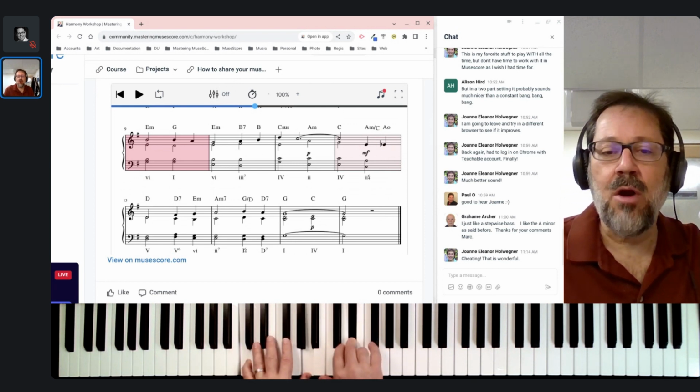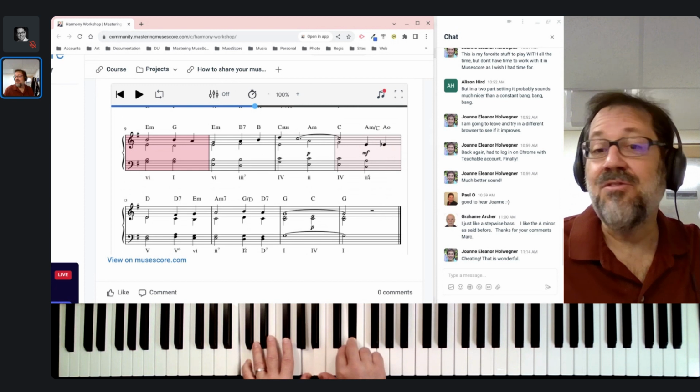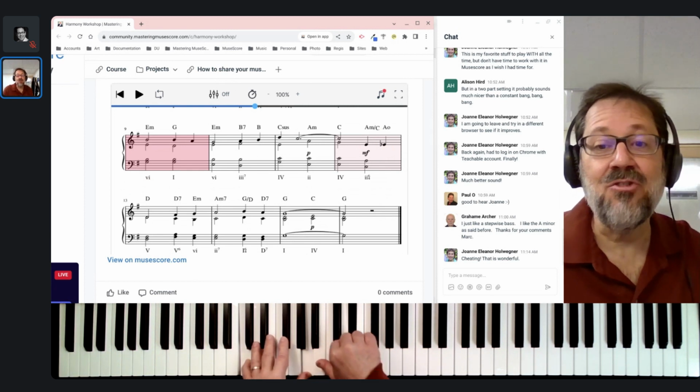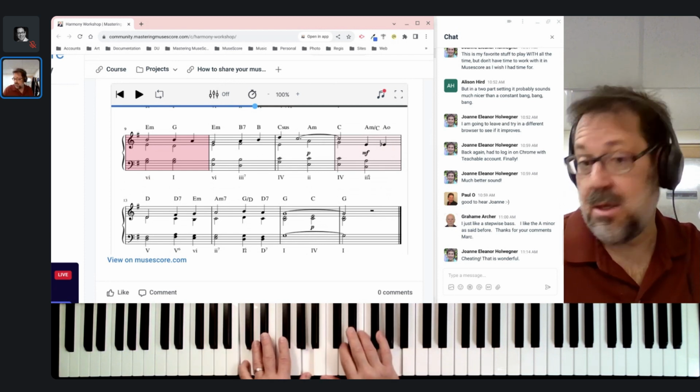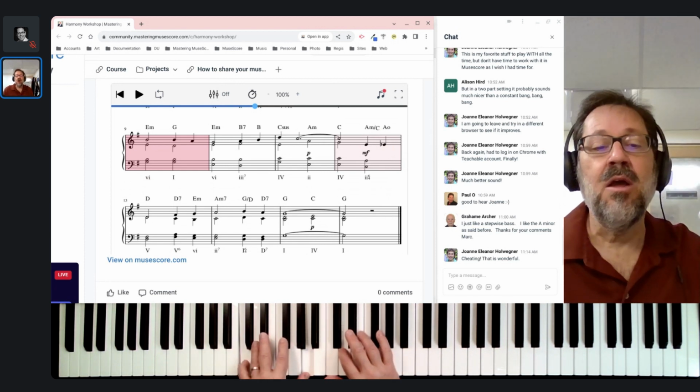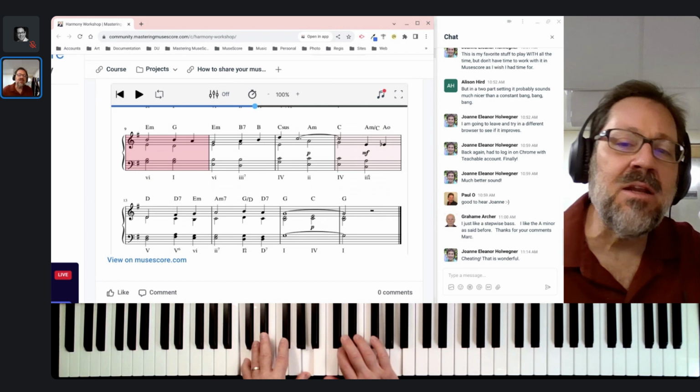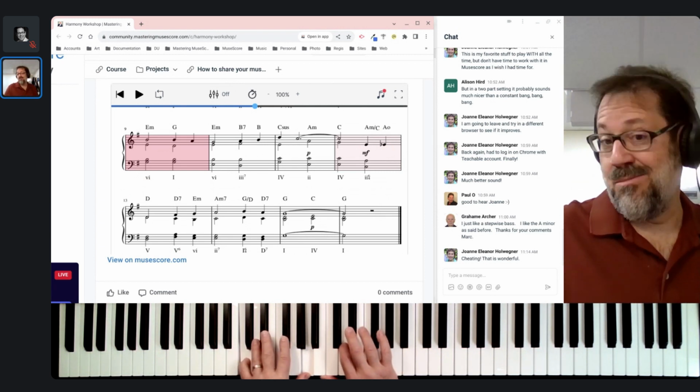Beatrice, your ears are definitely serving you well. It's in the melody, so you didn't really have a choice about the E flat. But that harmonization there is absolutely a great harmonization. So it's not a secondary dominant. It's not something we can explain yet, but we will be able to.